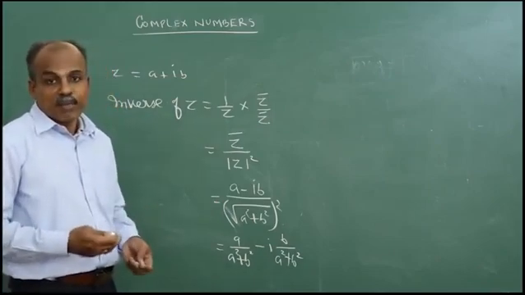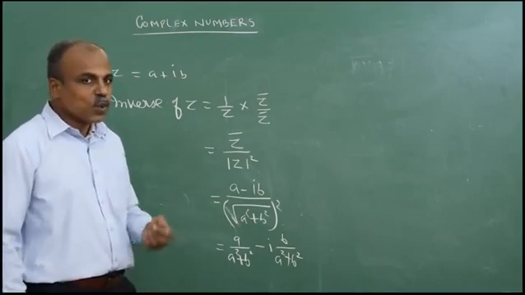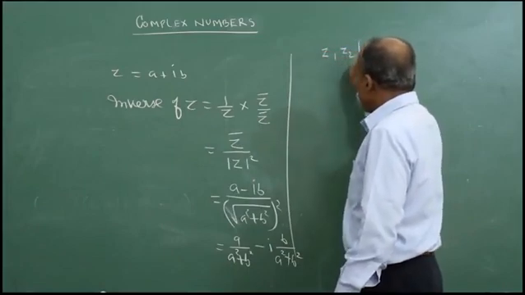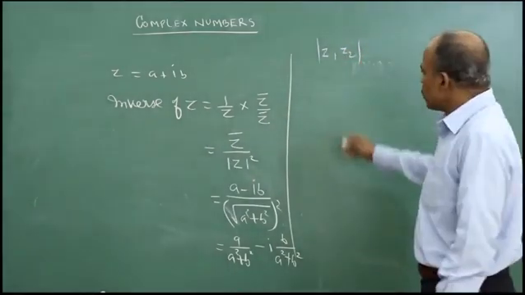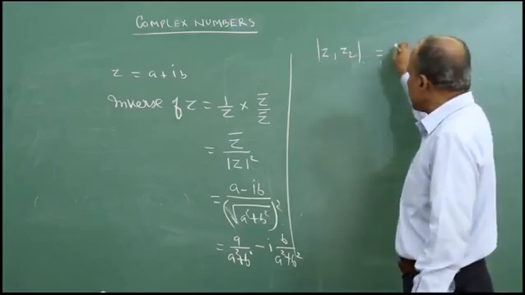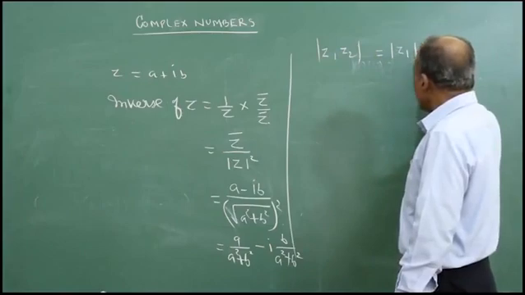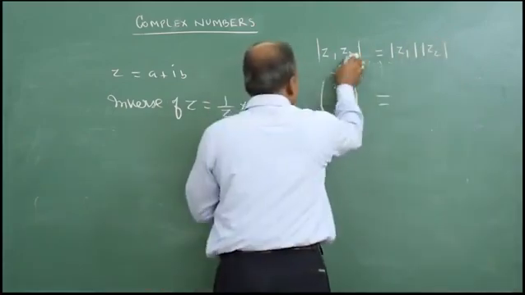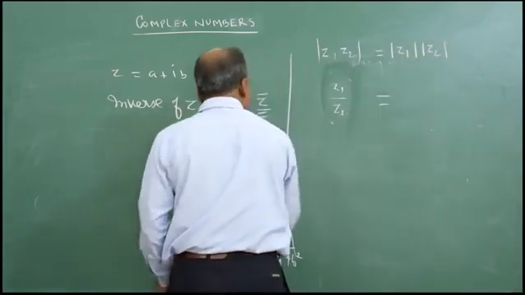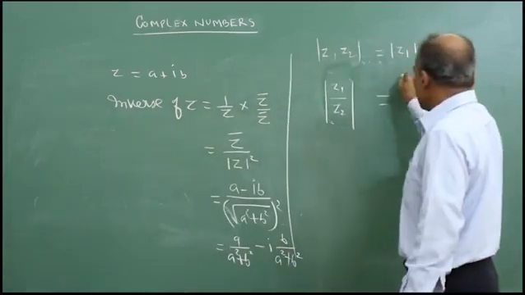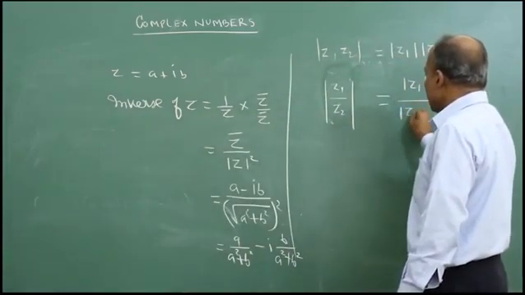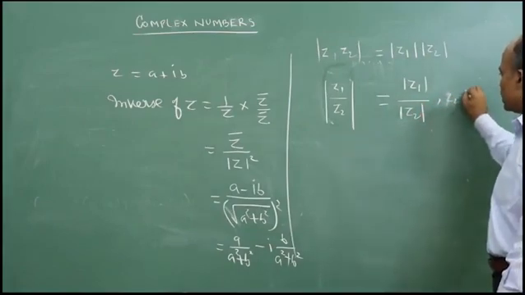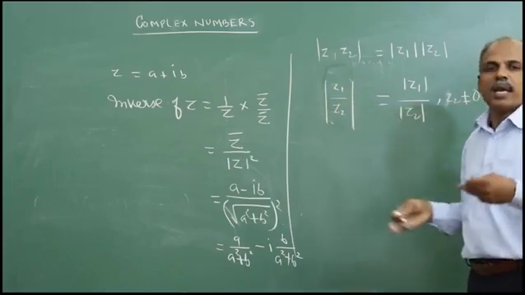Now, properties of the modulus of complex numbers. So what are the properties? Let us consider z1 and z2 to be any two non-zero complex numbers. Then the modulus of z1 into z2 gives the product of their moduli: modulus of z1 into modulus of z2. Just we are going for modulus. So modulus of z1 upon z2 gives modulus of z1 divided by modulus of z2, provided z2 is not equal to 0. Very, very important, because z1 and z2 are any two complex numbers.